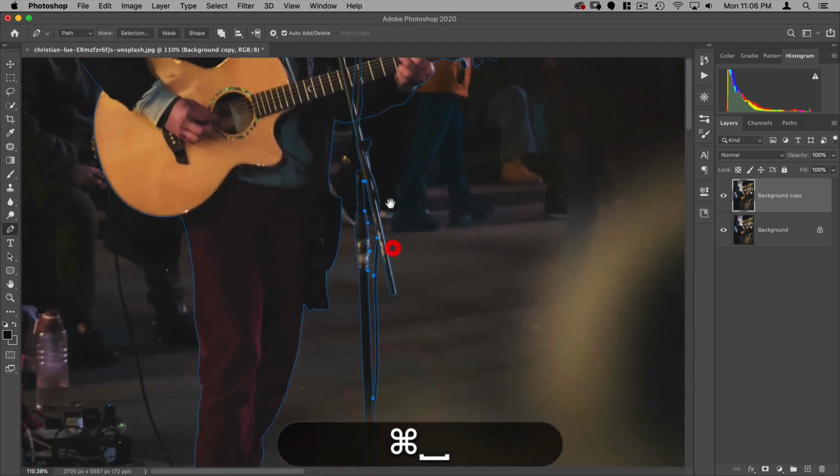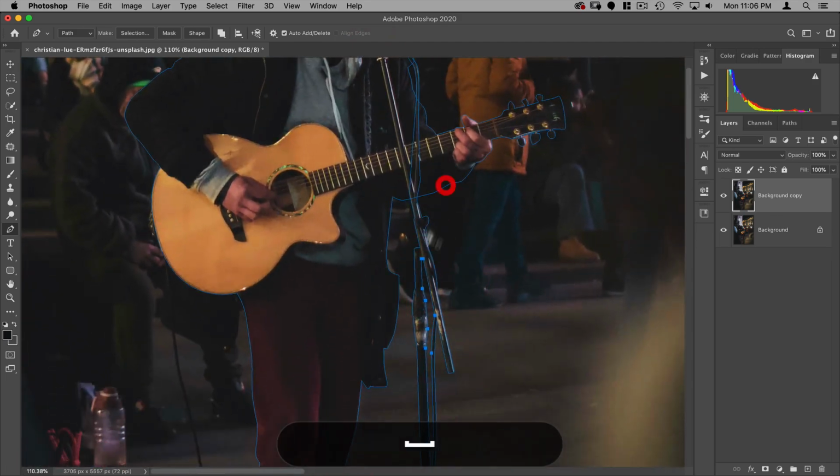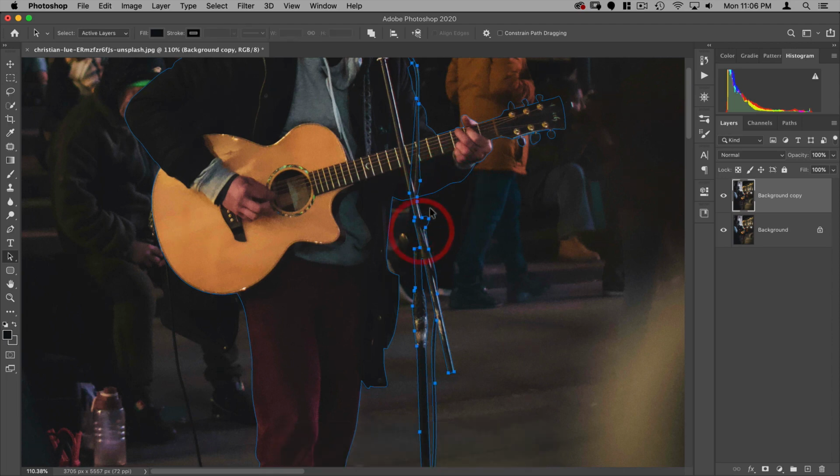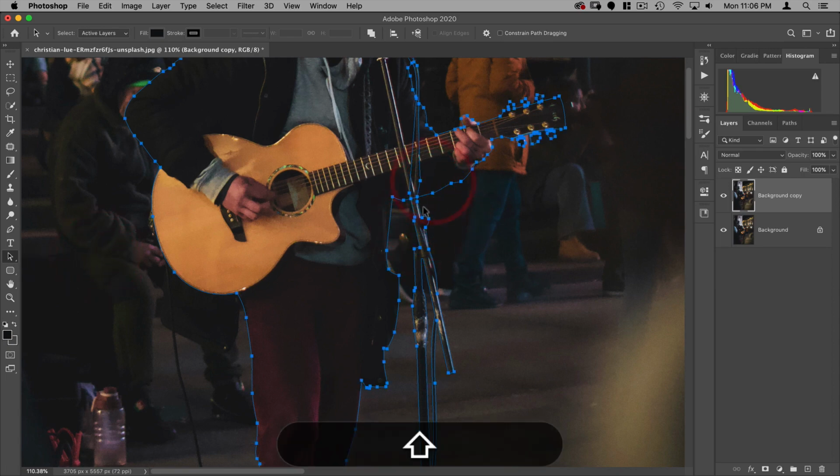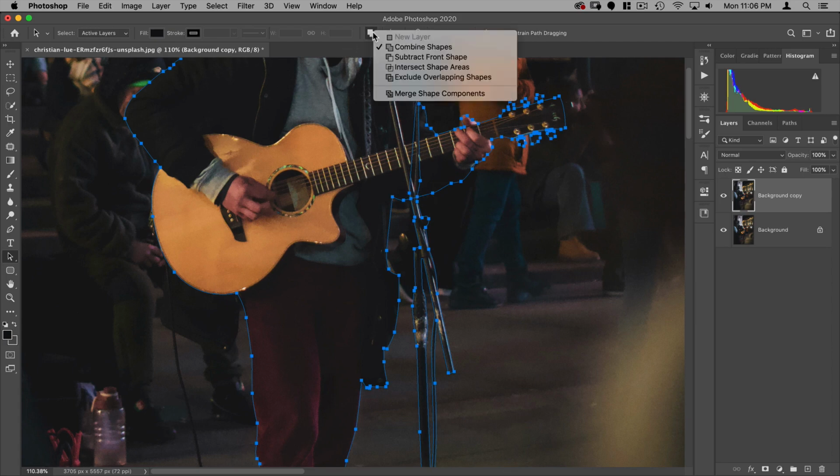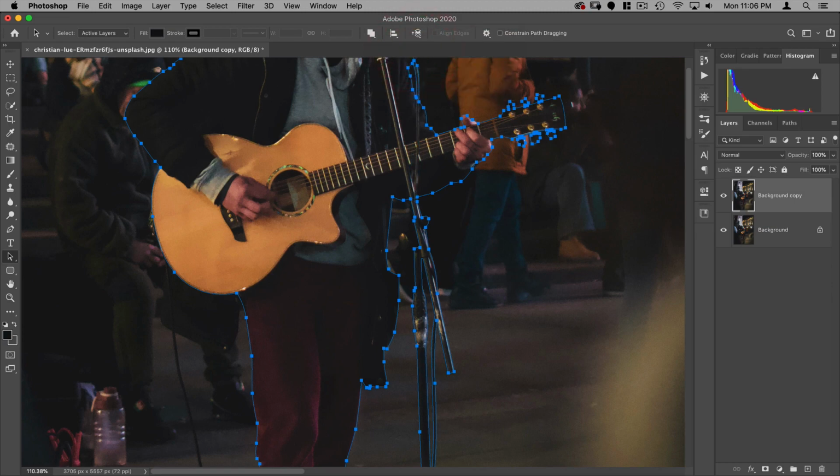All right, so a few things we need to do now. First, I want to take this selection, and I just went on the direct selection tool. The shortcut for that is A. So I selected this and I selected that. Both of those are selected, and it's already on combined shapes, and now what I want to do is merge shape components, and you'll see that they're now combined.